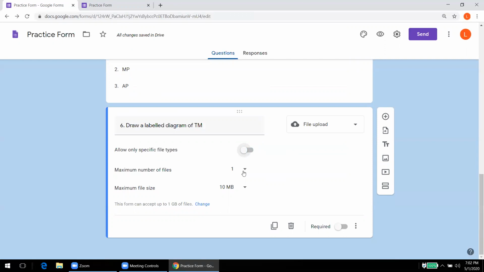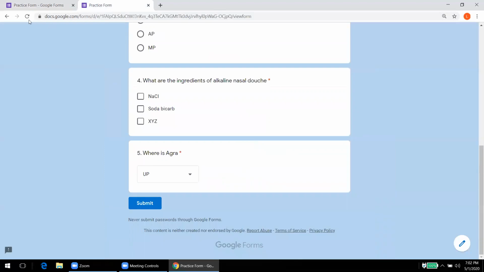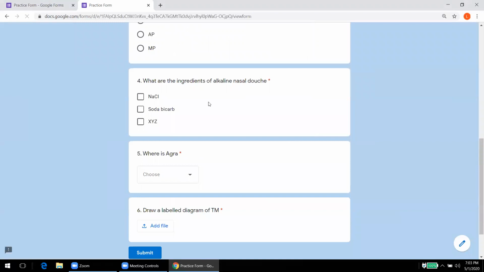Then the number of files that a single student can submit can also be increased. We can keep it one only, and set the maximum size of file that we can accept. All these things will be shown to the student, and if we make it required, then we'll see how it looks from the student's point of view. Now see, in this question, the student will get an option like this.